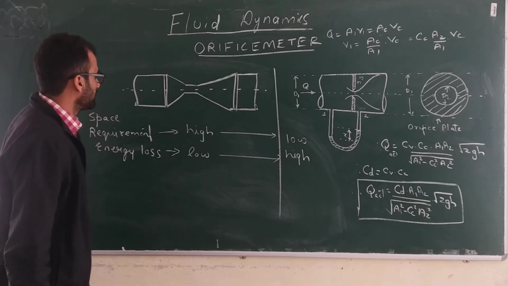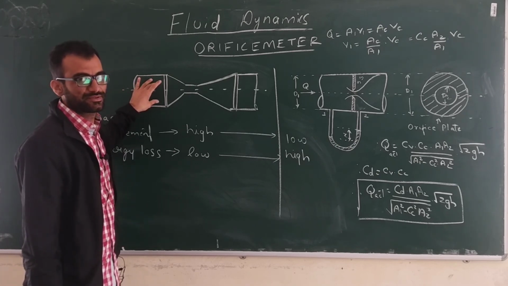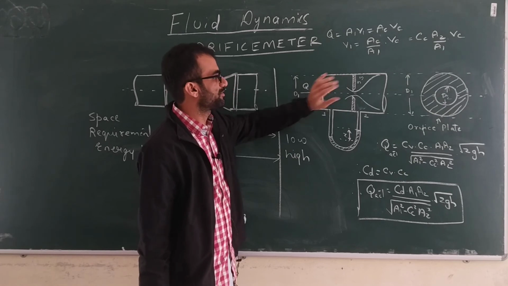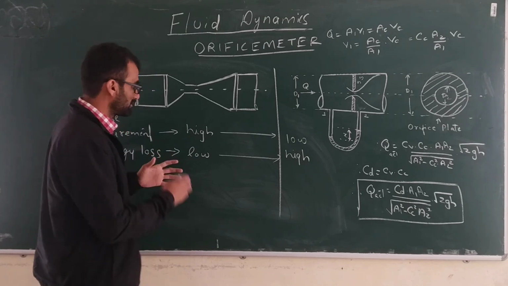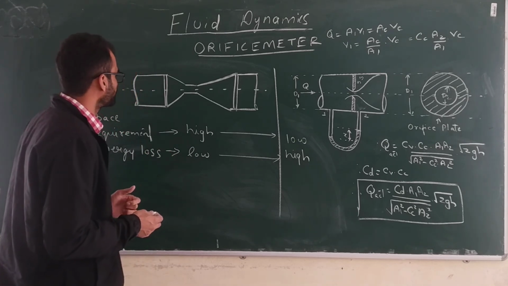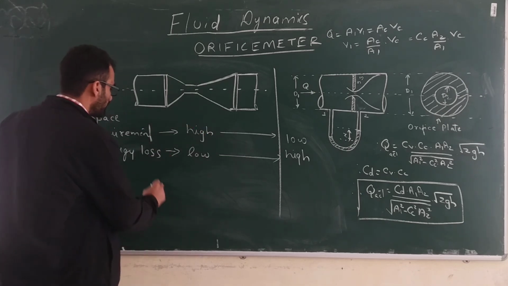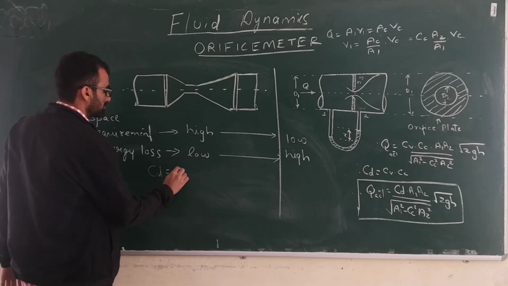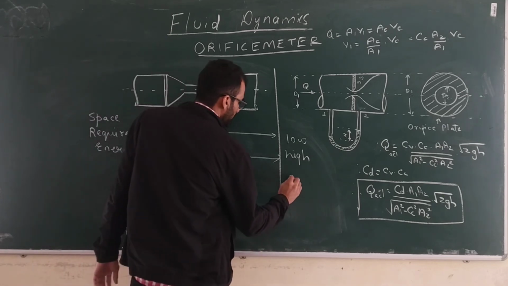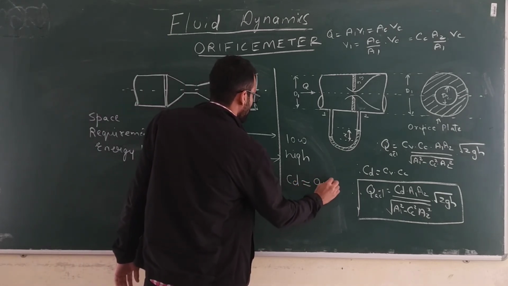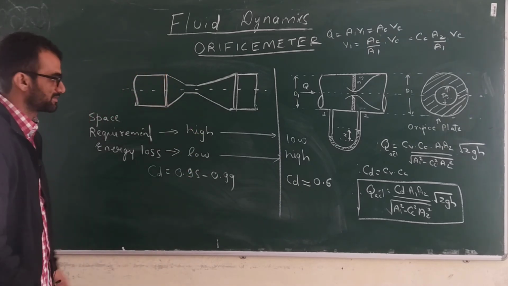Next, venturimeters are used for flow measurement through large pipes, and generally orifice meters are used for flow measurement through smaller pipes. Now this is quite qualitative, but still it is one of the differences. Alright, so this is all about the difference between orifice meter and venturimeter. You know that because of these things, CD value is 0.95, almost 0.99, and here CD value is almost around 0.6 or in that range. Okay, so this is all about orifice meter and venturimeter differences. Alright, thank you.